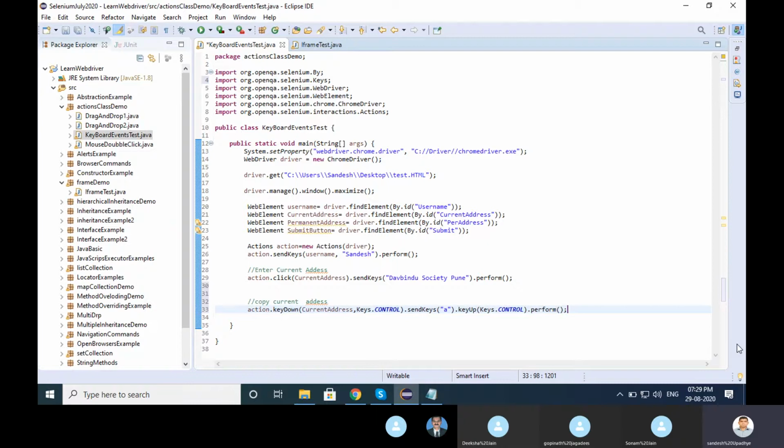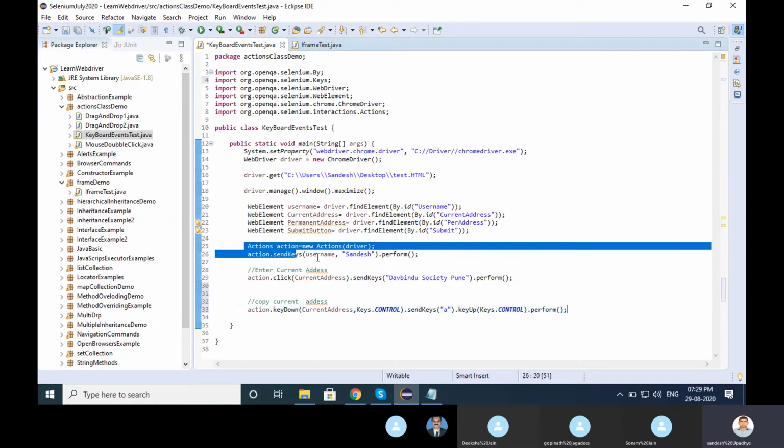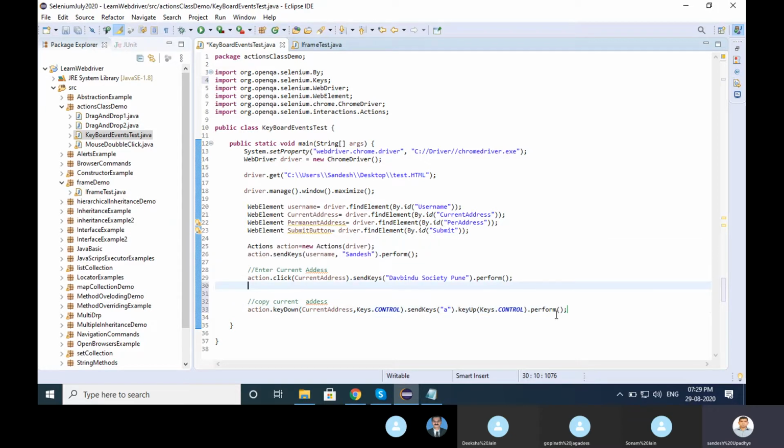Okay, so what happened here, I have created one action class object. Then I will enter. Let me first run and then check and then let you know everything.